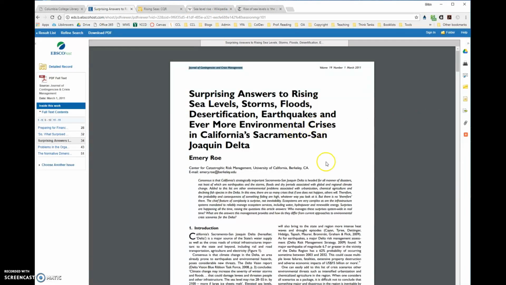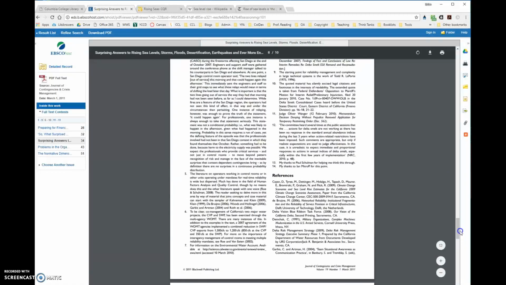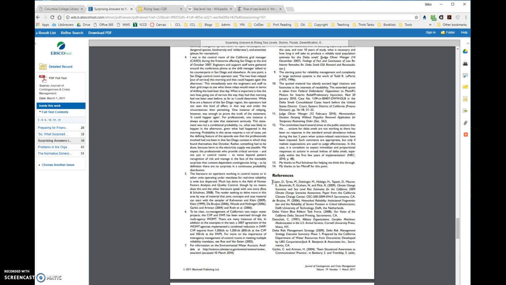You start off with the title. You often see an abstract, just a summary of the piece below there, and then it goes into the rest of the article below. If you scroll all the way down to the bottom, I'll try and do that quickly, you'll see a list of references. If you don't see a list of references, that's a big red flag that the article you're looking at is probably not a scholarly publication. The use of references, citations throughout the article is a key indicator of a scholarly publication.